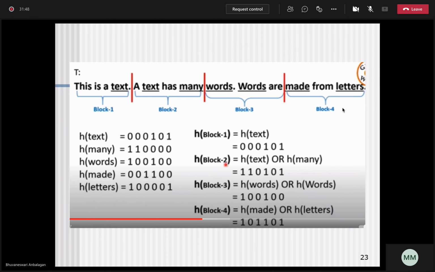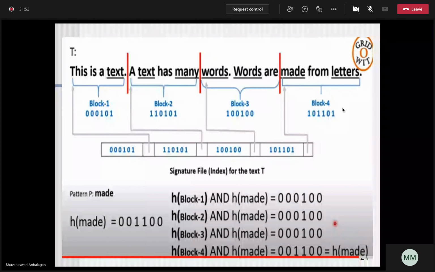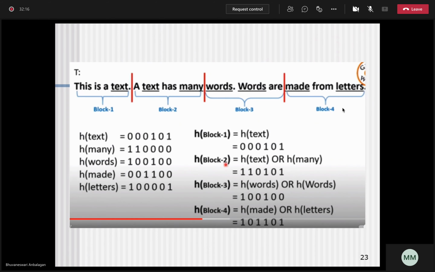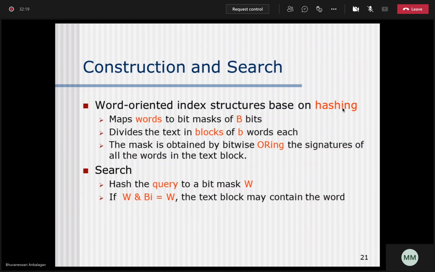The next important task of a signature file is searching. For optimizing the searching operation, you can use a signature file. If I want to search for a particular pattern called "made", what is the hash value for this term? 001100. So what is the algorithm for this searching operation?